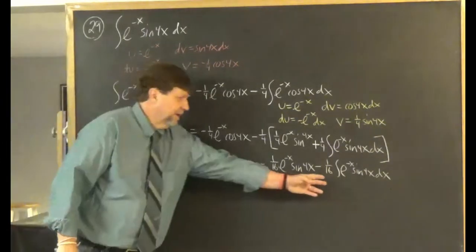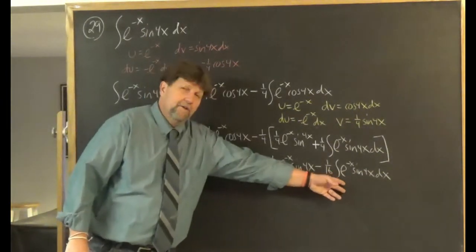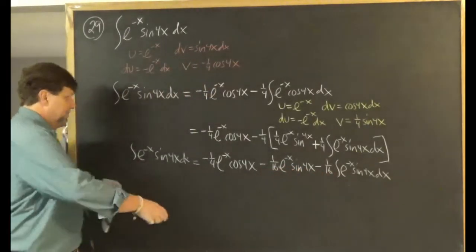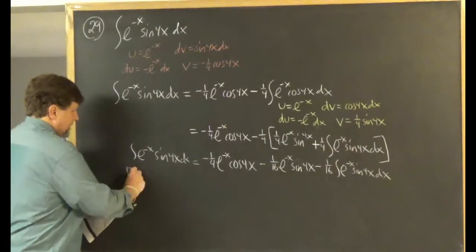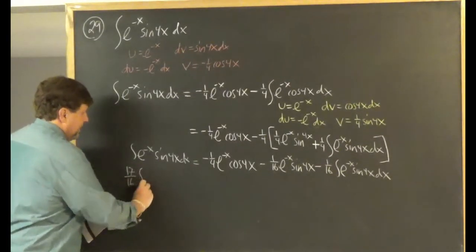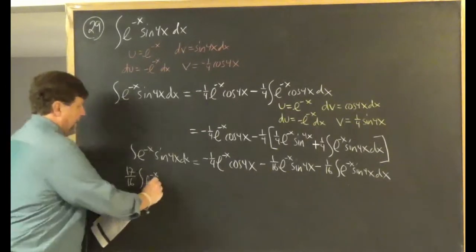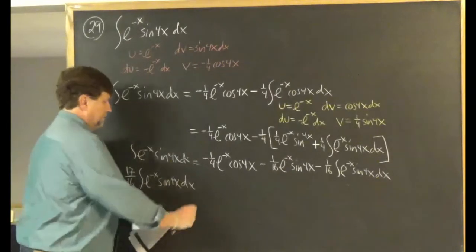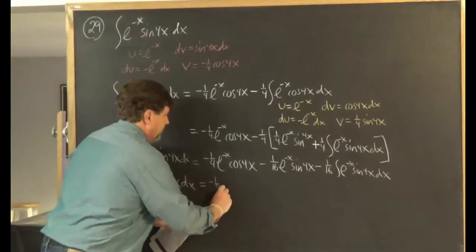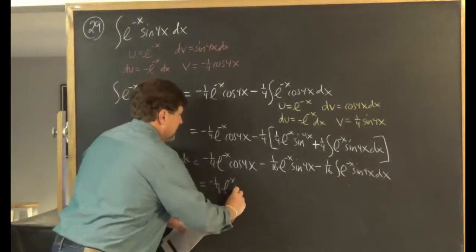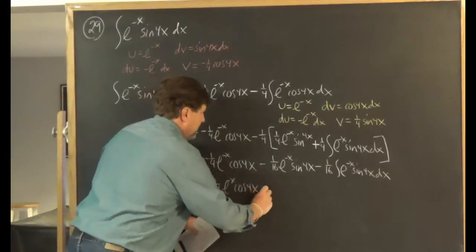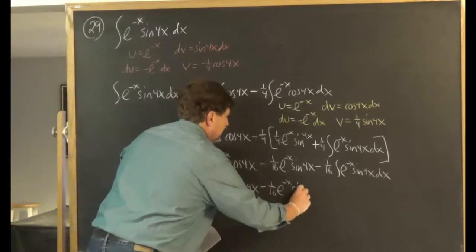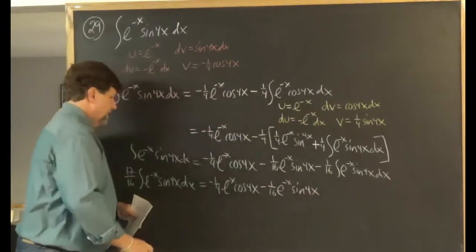It's an equation. So add 1/16 integral e to the negative x sine 4x dx to both sides of the equation. So you get 17/16 the integral e to the negative x sine 4x dx equals negative 1/4 e to the negative x cosine 4x minus 1/16 e to the negative x sine 4x,